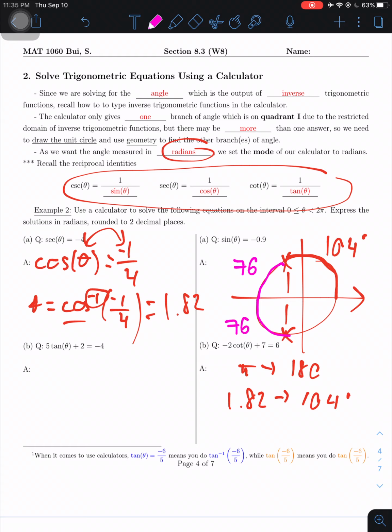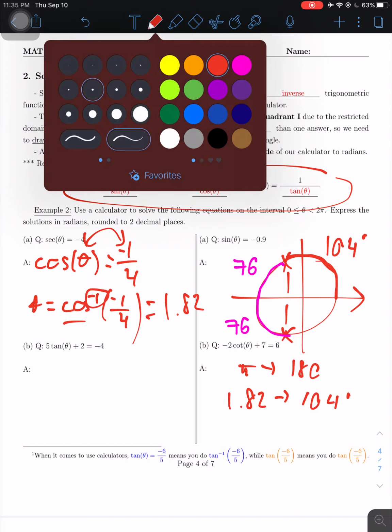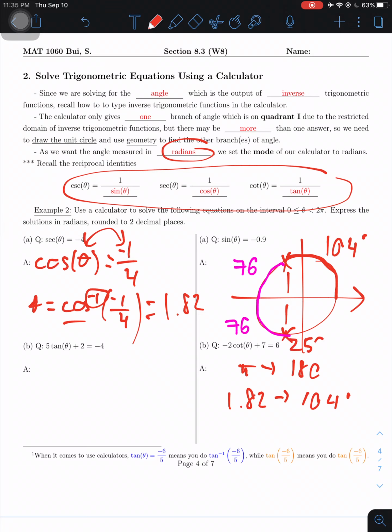So I'm going to add everything together. I got 104 plus 76 plus another 76. And the outer side in here, I'm going to get 256 degrees. And again, after I get the angle, I have to convert it back to radian. So let's set up the math in here real quick for the 256, right? What would be its angle in radian? I'm going to do 256 times 3.14 divided by 180, and that gives me something like 4.46, or 4.47 if you want to round it. 4.47